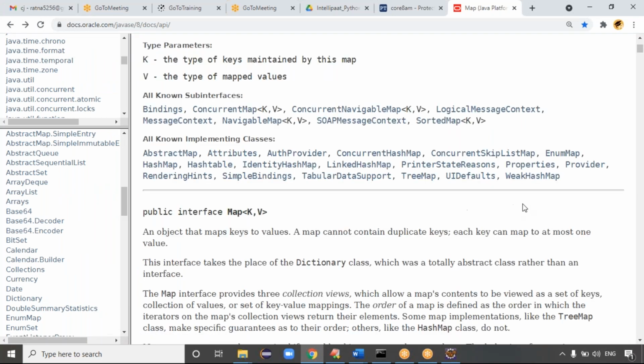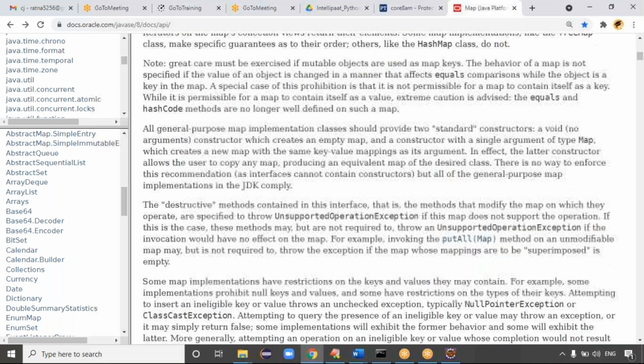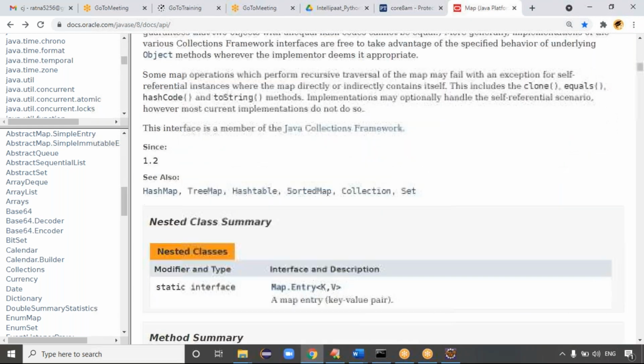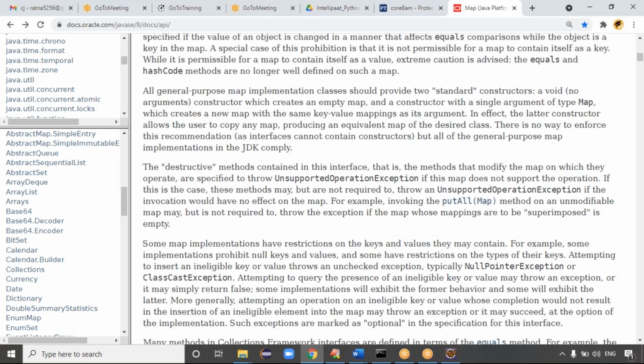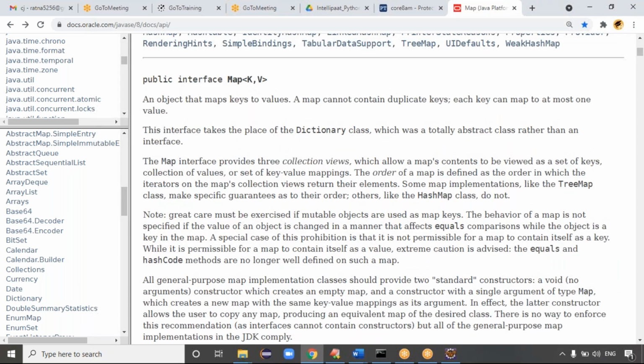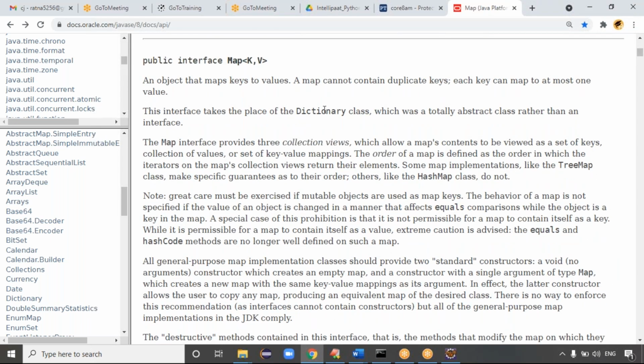So we don't need to take care about Dictionary, right? Exactly. Before map, we have Dictionary. If you see, this is a map. Map is introduced in JDK 1.2 version, definitely. Since which version, guys? 1.2 version, right? Exactly. Guys, you got the clarity now about what I'm talking? Yeah, before map we were using Dictionary, but Dictionary is completely outdated, so we don't need to focus on it, right?